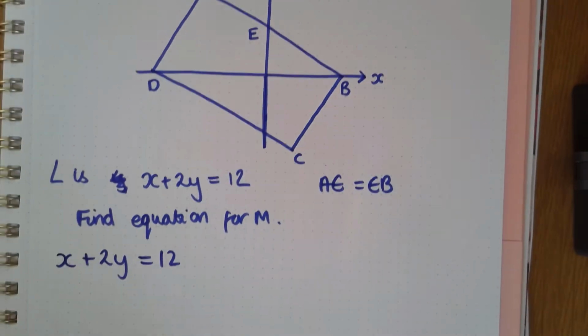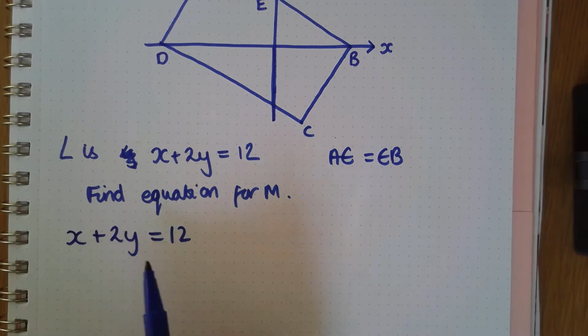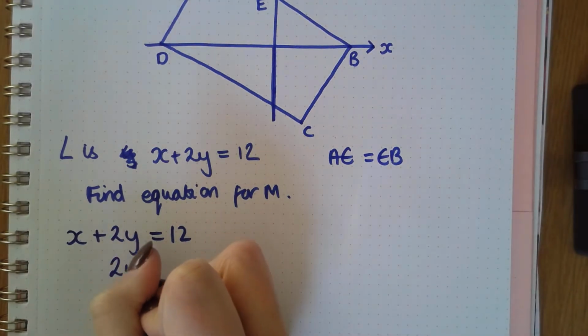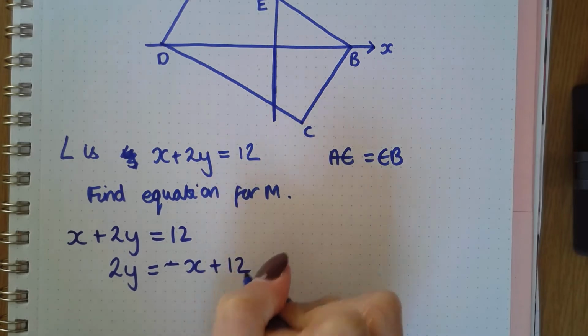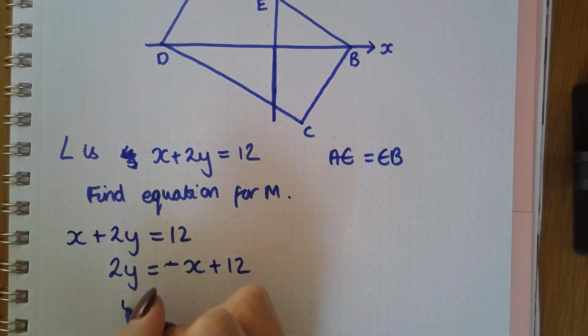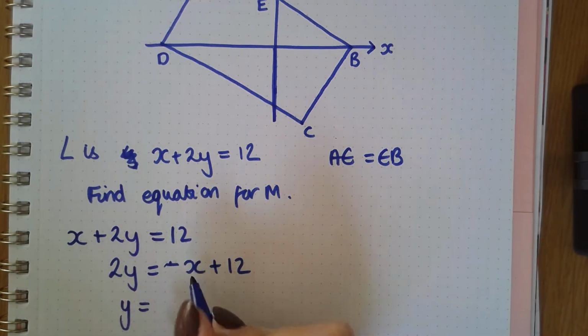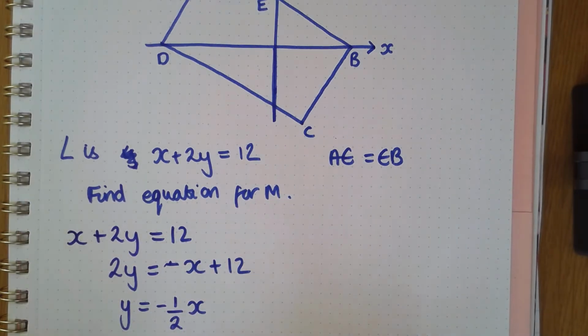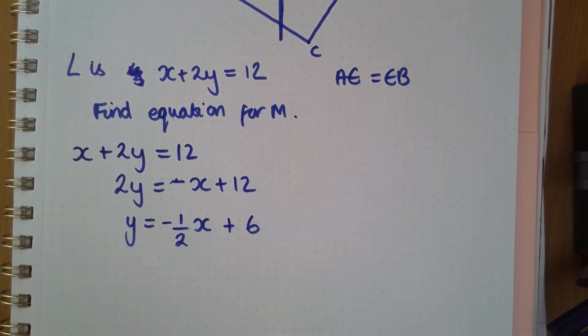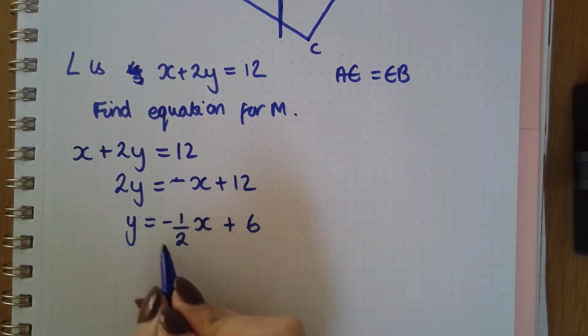So we change it into a form that we actually want. You want y on its own, so you've got minus x plus 12. Then I get rid of the 2, so divide by 2. Minus x divided by 2 is minus a half x, or minus x over 2, plus 12 divided by 2 is 6. So now you've got that equation in that form,